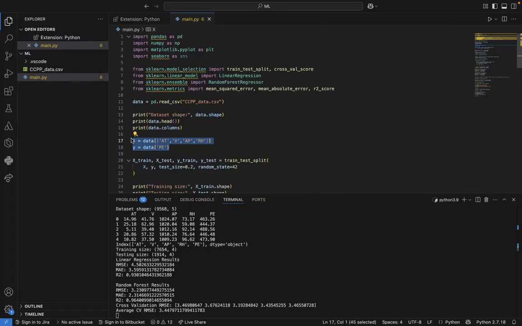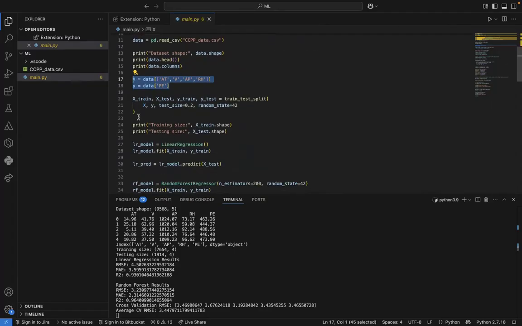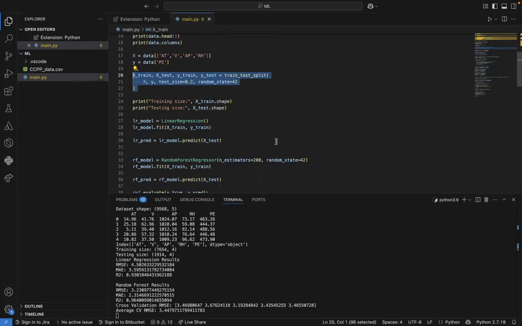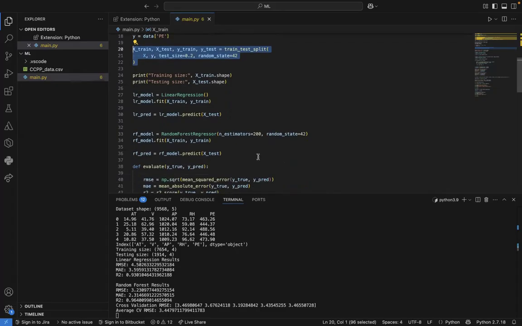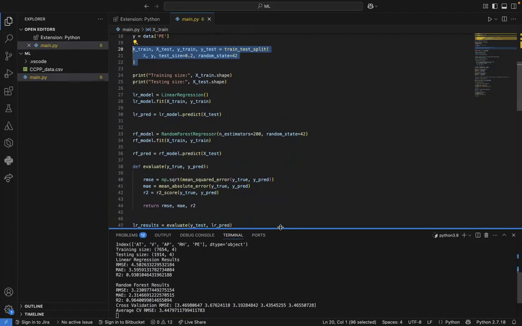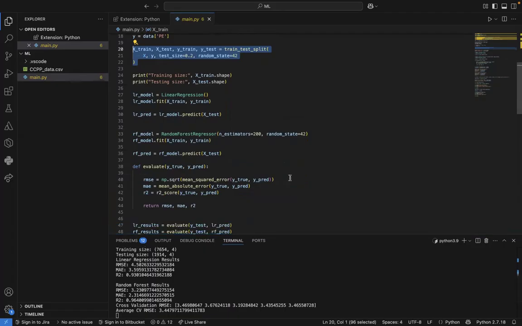Coming to the train test split code. To train and evaluate the machine learning models, I divided the dataset into training and testing sets. I used an 80 by 20 split, where 80% of the data is used to train the model and 20% is used for final evaluation. This helps ensure that the model is tested on unseen data, which gives a better estimate